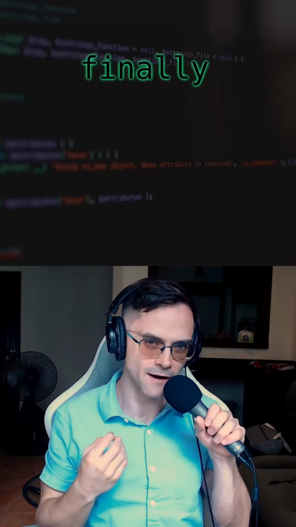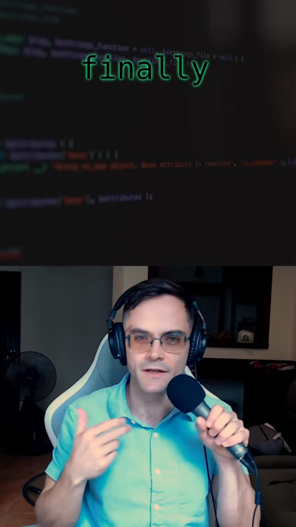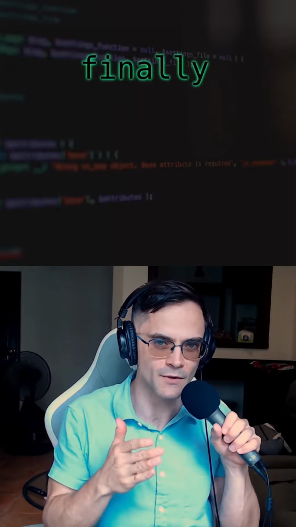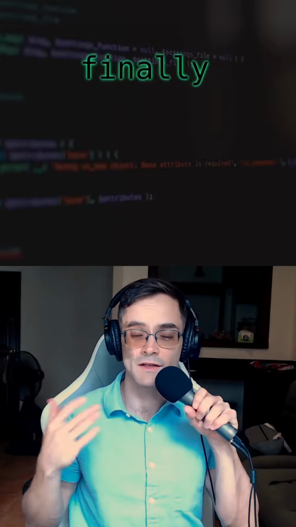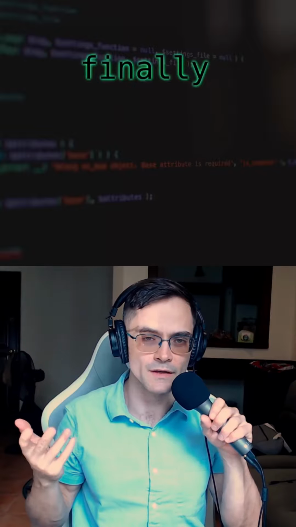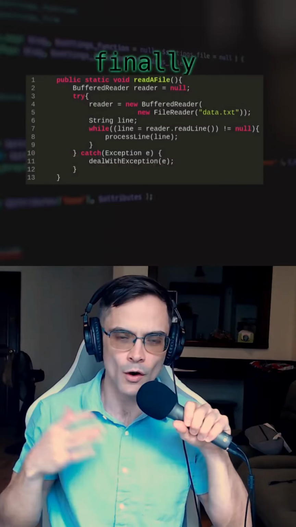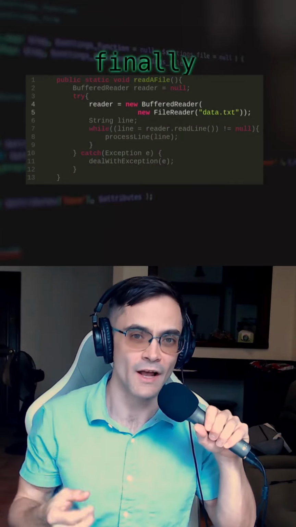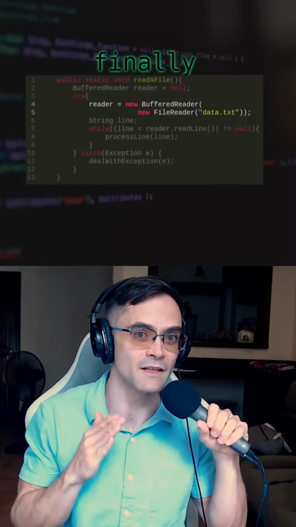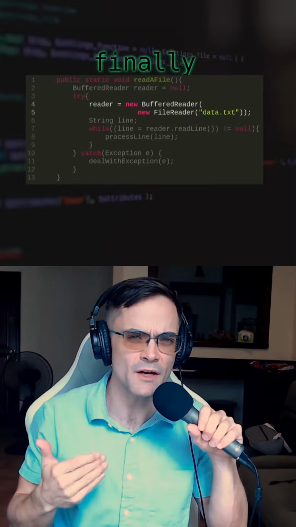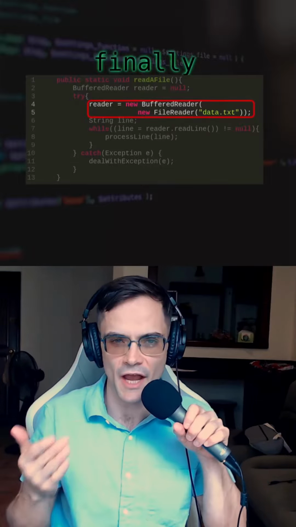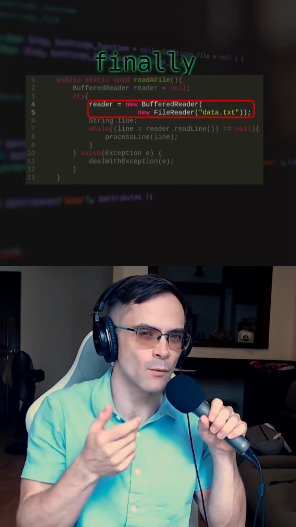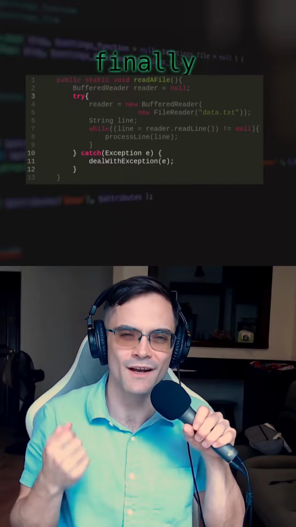We need the finally keyword in Java because if we're writing code that could cause exceptions, just using try and catch is not good enough. Let's say we're using a file or some other resource. Here's a quick example. We're opening a file using a buffered reader, and it's our responsibility as the people who wrote this code to make sure that that file always gets closed. Now, exceptions can happen when working with files, so we've wrapped this in a nice try-catch block to stay safe.